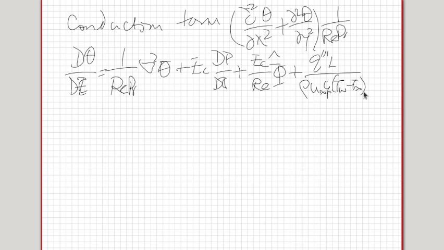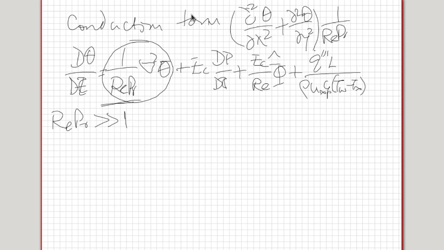So what does it mean? If RePr is very large, then what happens? The relative importance of this term becomes small, which basically means that the diffusion or the conduction term becomes small as compared to the advection term. In a boundary layer problem, we will never neglect the diffusion term. The diffusion term will always be present in the discussion of viscous flows and convective heat transfer. And convective heat transfer cannot happen without conduction. So the conduction term will always be present.